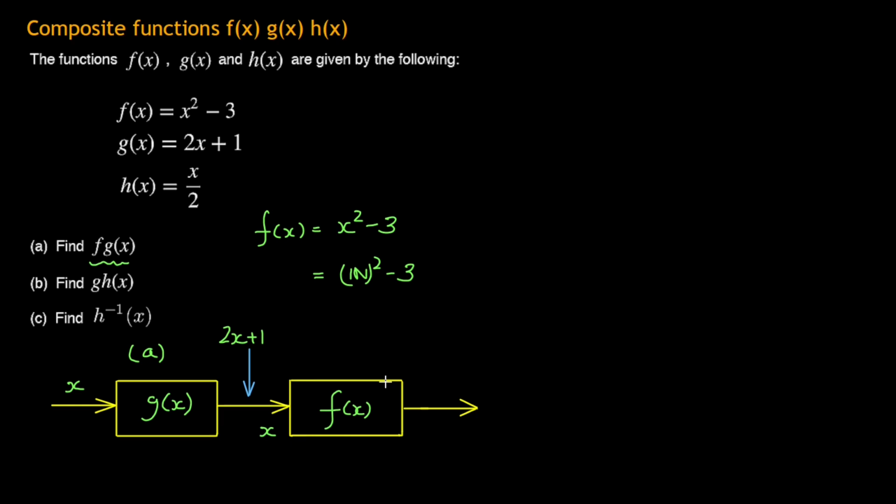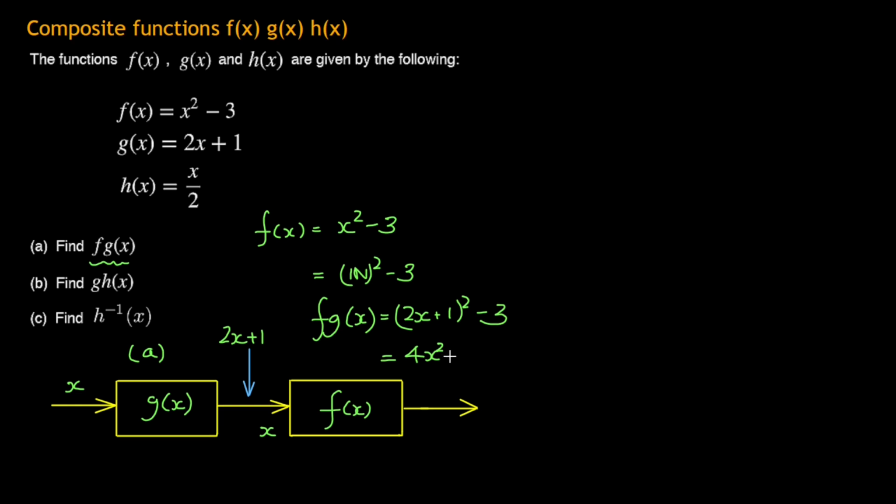Our problem now becomes obvious because we can say that for part A, fg of x must be equal to the (in) squared, which is (2x plus 1) squared minus 3. This in fact is the answer, but they may want it in the simplest form. So we've got to expand this bracket. So we get